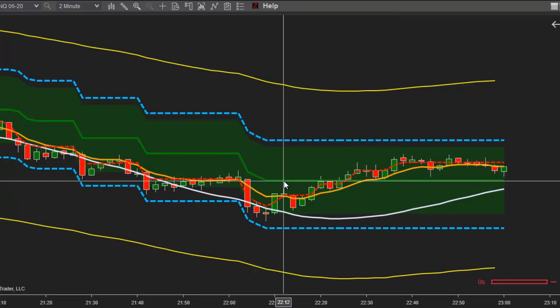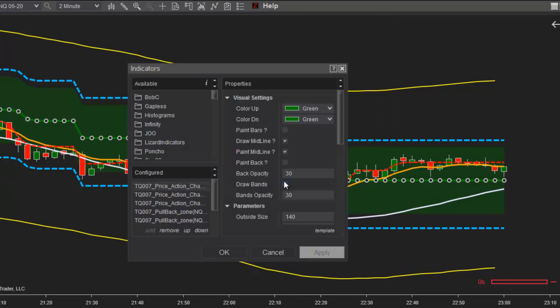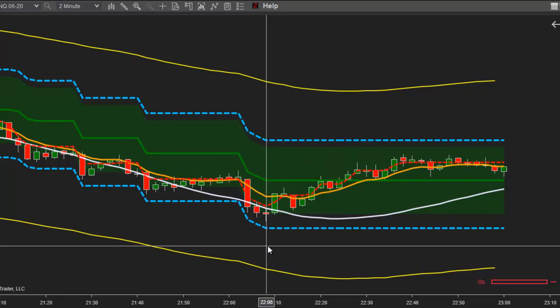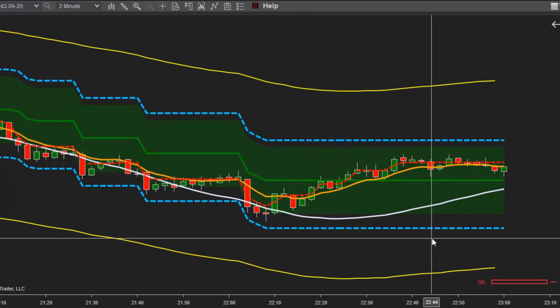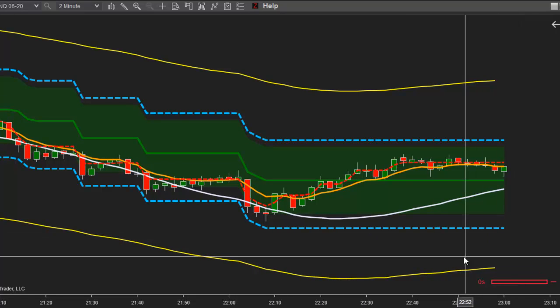And then we have a middle line, which is a price action channel, middle line, outside size 140, inside size 0, vertical shift 4. It gives me that mid price, and so far it works great. Okay, so we have all of these indicators over here, but before we continue,